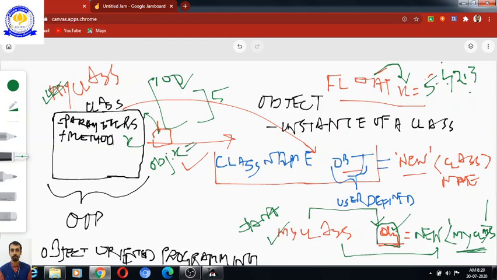So you can give some value to this obj dot x, let us say 1, and another user can create my class obj2. So we can create n number of objects for this class, and each of them can be assigned different values.